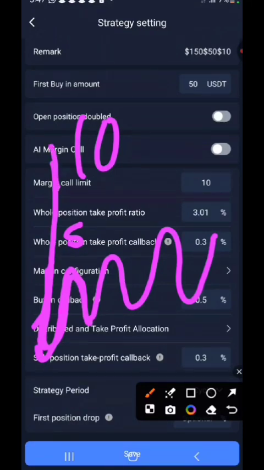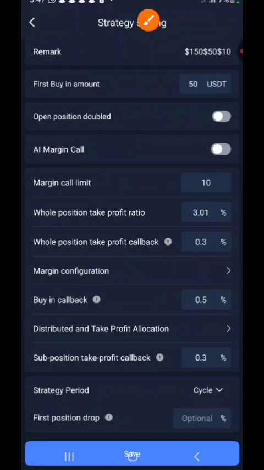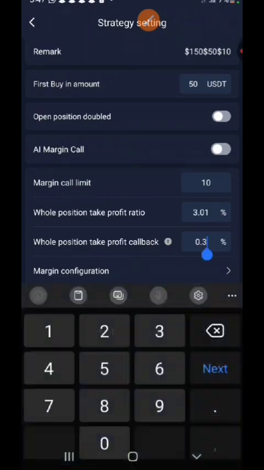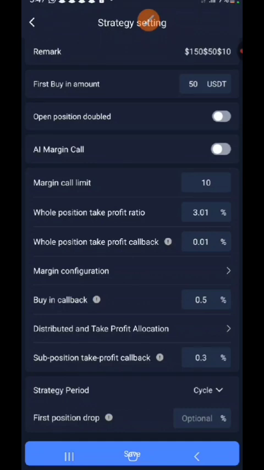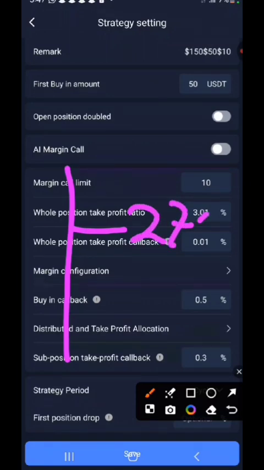Remember, you're still waiting for it. The robot is still waiting for the take profit at 10%, and the market pumps up to 5%. Then it goes back down. So for someone who took a smaller percentage, it's better to use a smaller percentage, which is 3.01. Then the callback has to be small. Why? Whenever, let's say, you told the robot to buy from here, let's say this is 270, and you told the